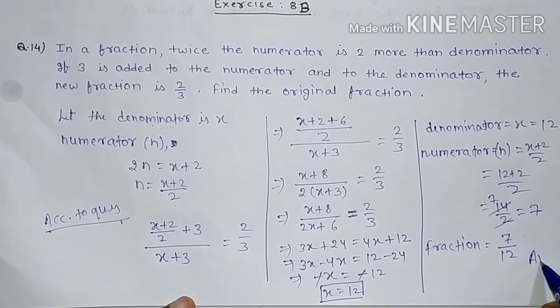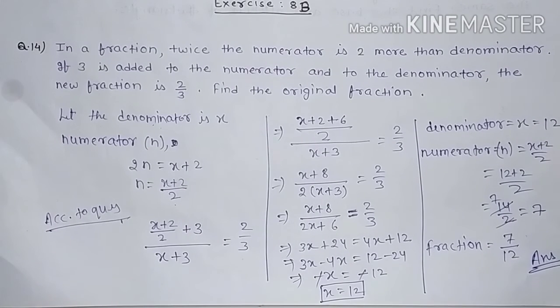7 by 12 is the answer. It's very simple. The answer is 7 upon 12. Now the next question,